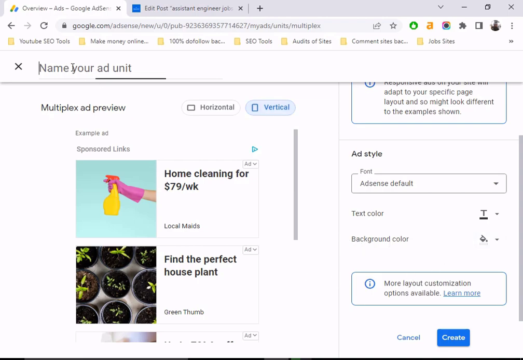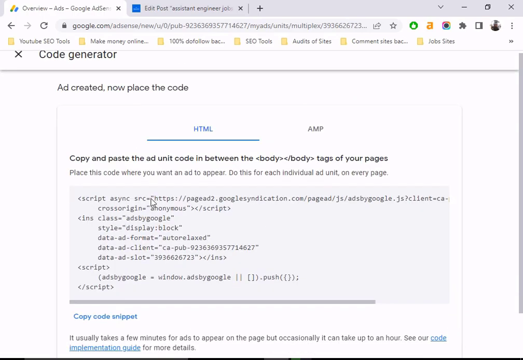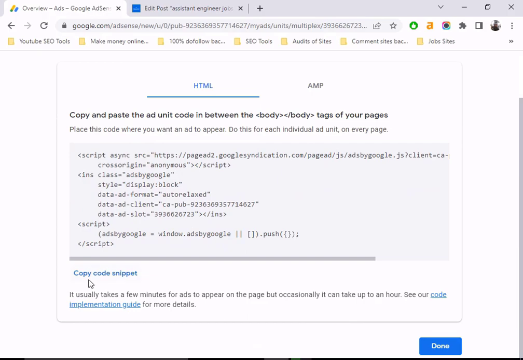So I write this ad name. The ad name is multiplex, and alignment vertical, and for tutorial form, and click on create. And the ad is created. So copy the code snippet